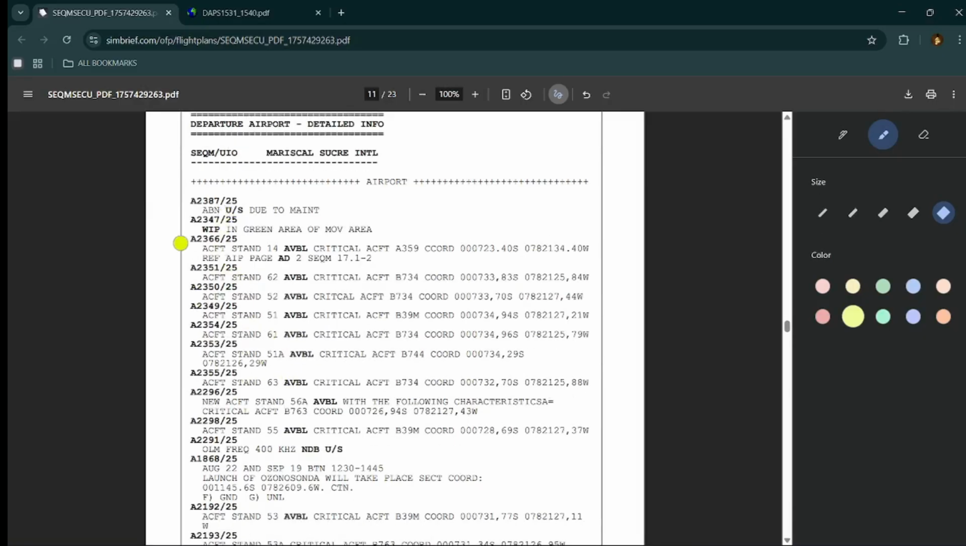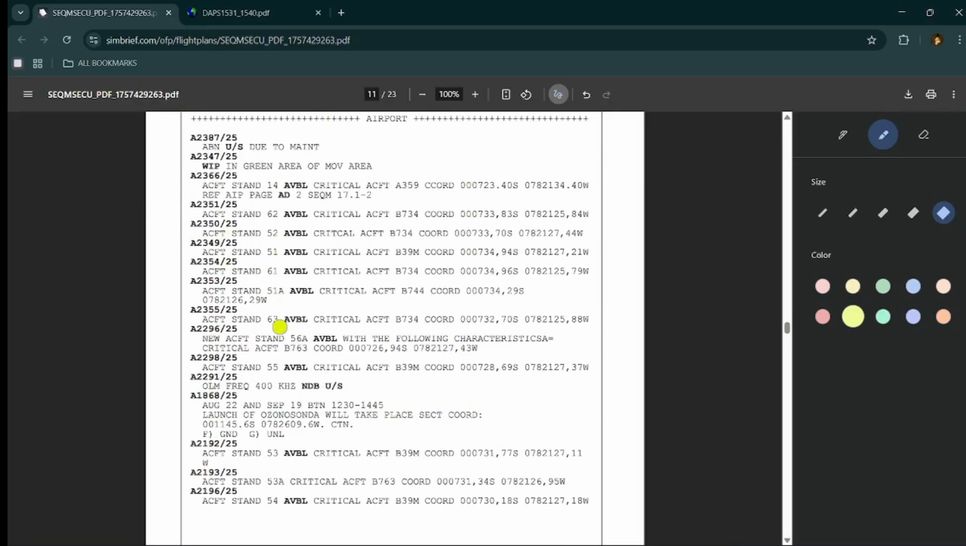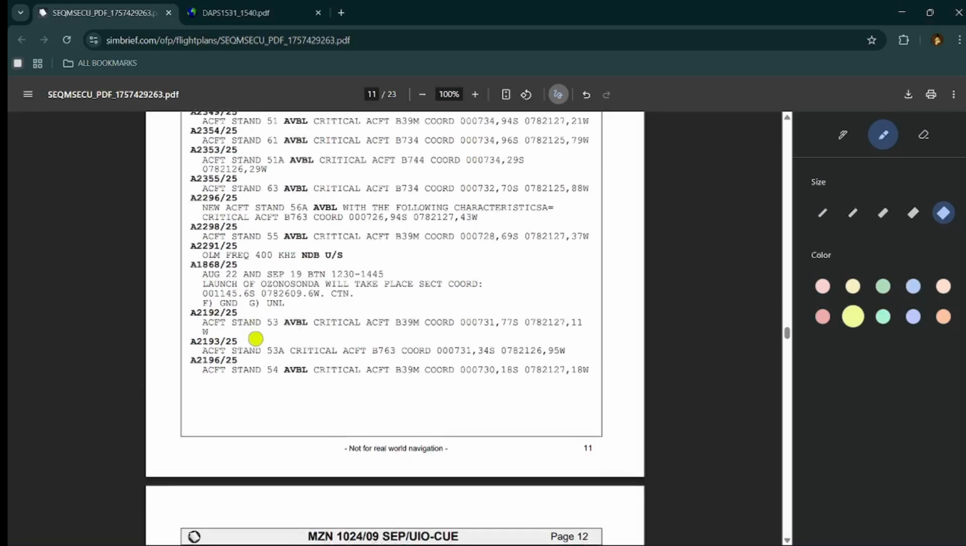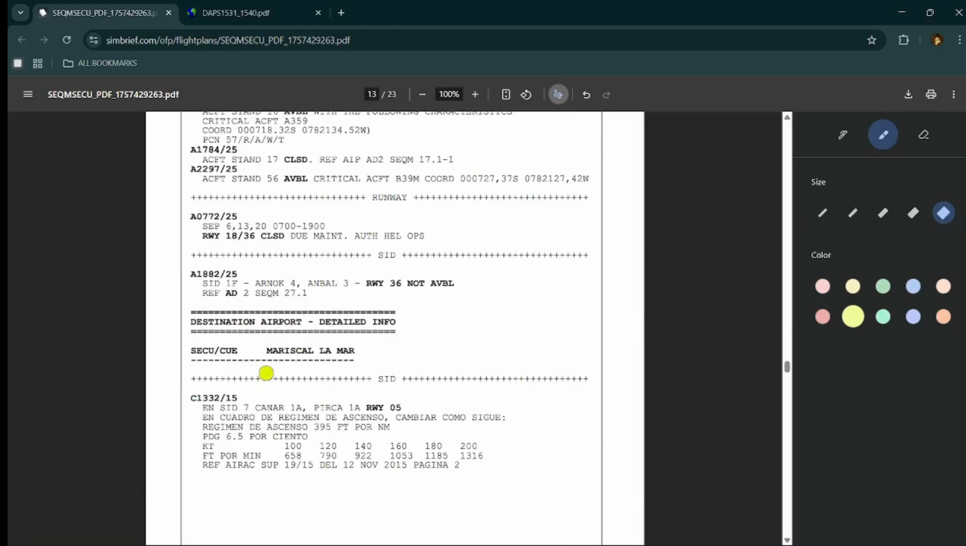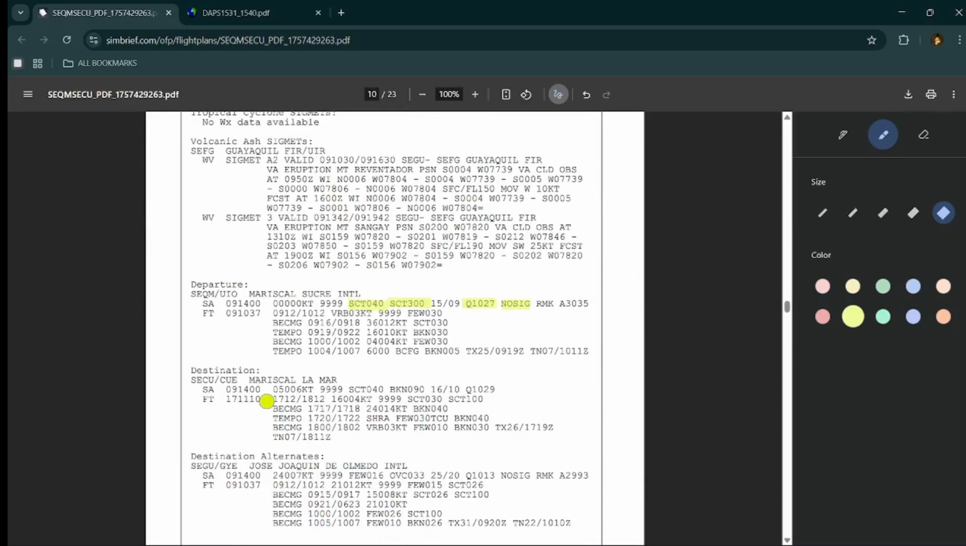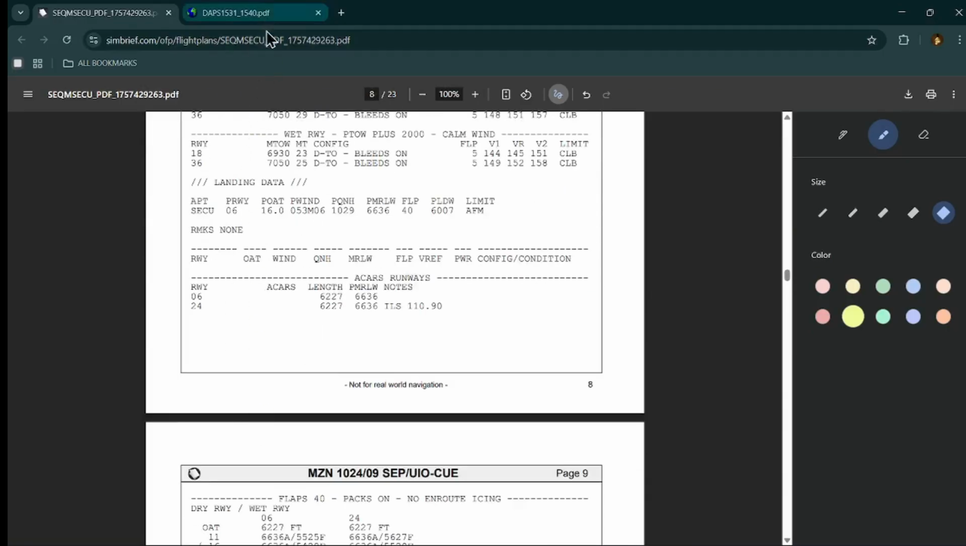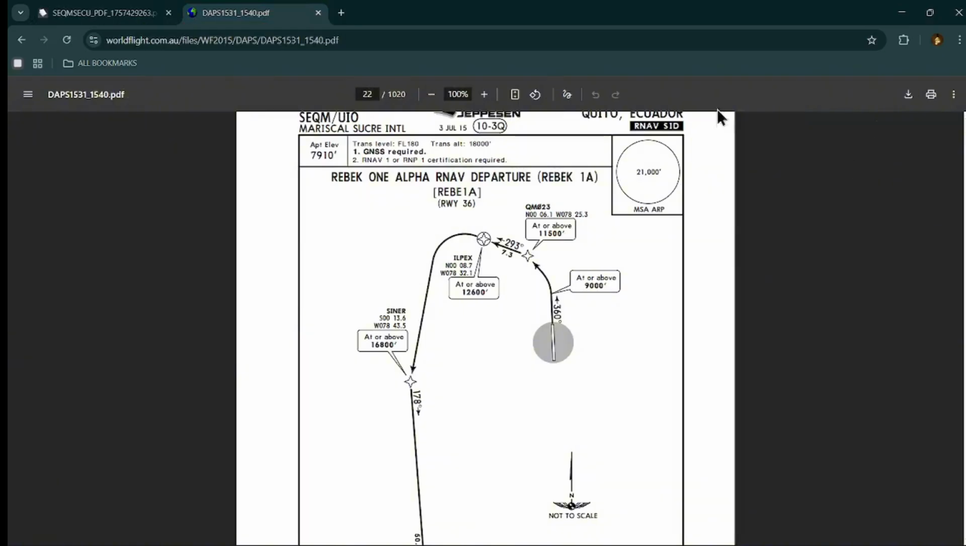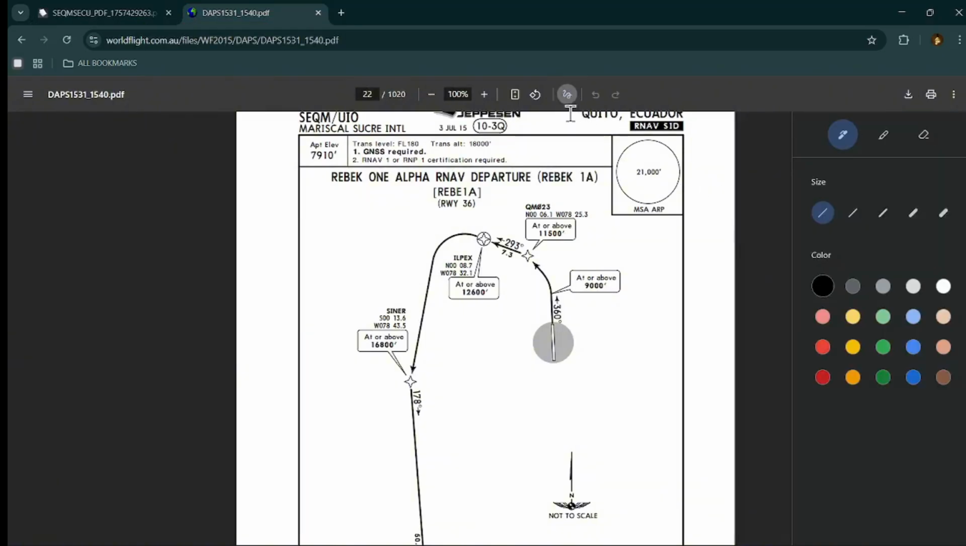And this is the detailed info about the entire of Quito. We will not go into that, however, we just needed our weather briefing and our flight plan briefing. Now onto our departure briefing. So we will take off on runway 36. We will take off on runway 36,